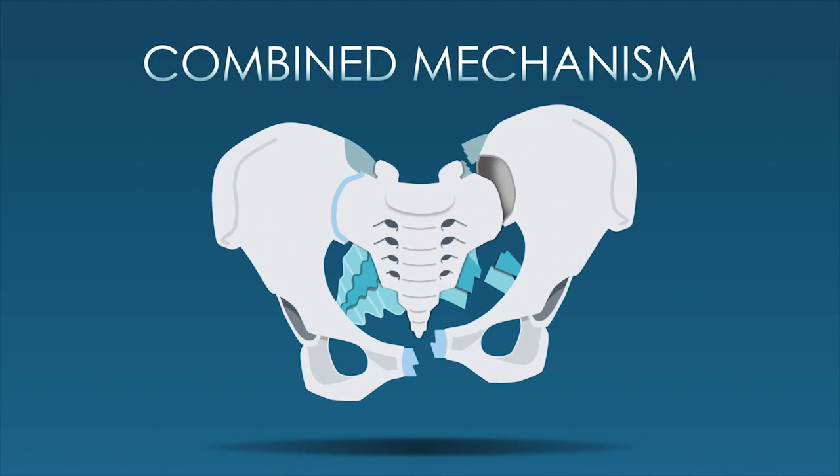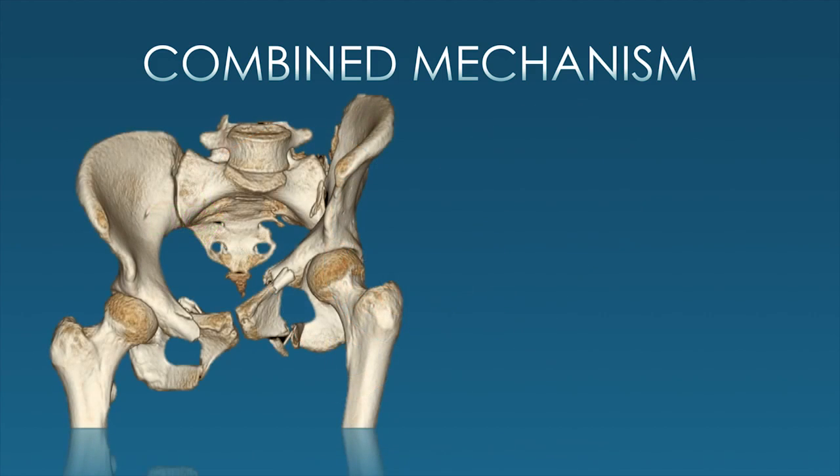Combined mechanism, again, just as the name suggests, more than one dominant vector or really no dominant vector going on, but I save these typically for codominant vectors, where you'll see features that are great for vertical shear, but then you definitely have something else going on that fits with another injury pattern, in this case lateral compression. So look at this example here. There's some vertical separation of the left hemipelvis, but we also see a lateral compression on the same side with